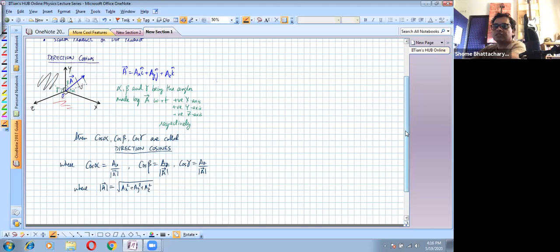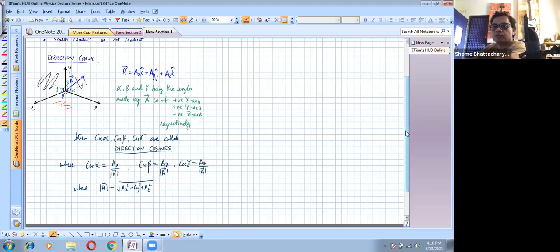So these direction cosines collectively are cos alpha, cos beta, and cos gamma. And formula-wise, cos alpha works out to be x component divided by mod of the vector. Cos beta works out to be y component divided by mod of the vector. And